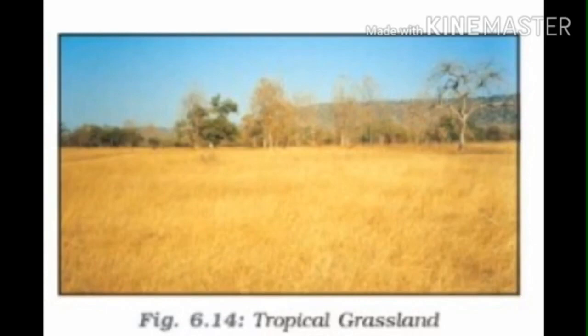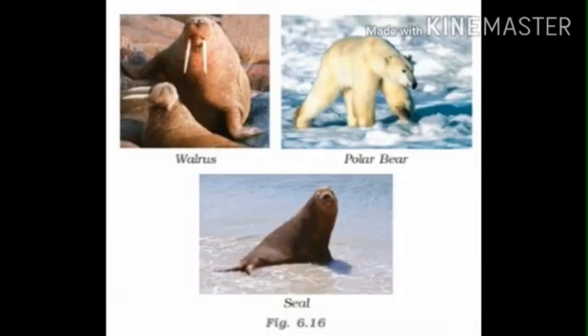Next one is shrubs. Okay children, what is meant by shrubs? It refers to woody plants smaller than trees. Woody plants smaller than trees are called shrubs. These are mainly found in dry, desert-like areas. Clear children? Shrubs refer to the woody plants smaller than the trees, mainly found in dry, desert-like areas. Clear children?